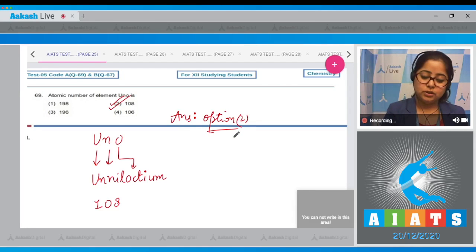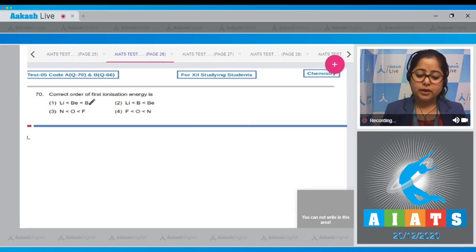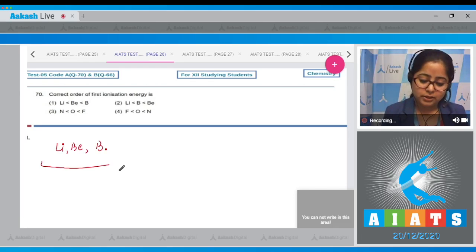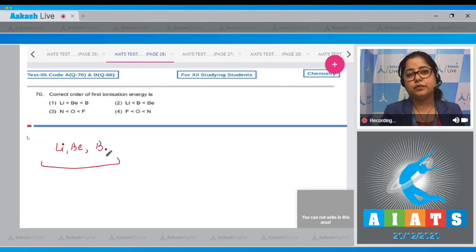Moving to next question, which is question number 70. Let's read it. Correct order of first ionization enthalpy is. Students, in this question, we are given with two sets of element. The first set is lithium, beryllium and boron. In this case, though we know that on moving left to right in a modern periodic table, the value of ionization enthalpy increases, but in case of boron and beryllium, the ionization enthalpy of beryllium is more than that of